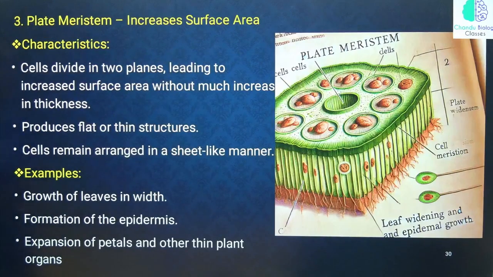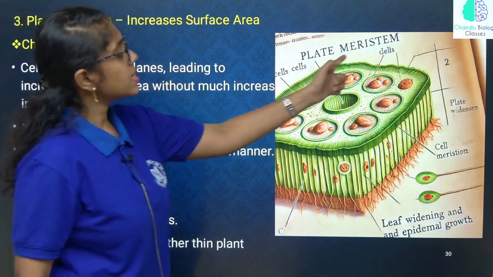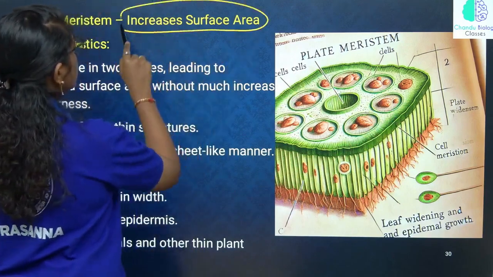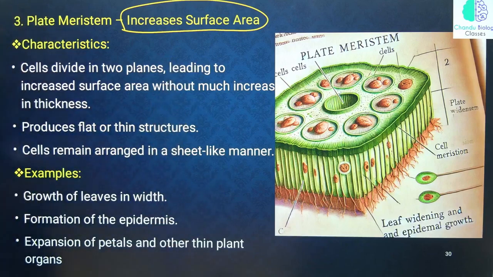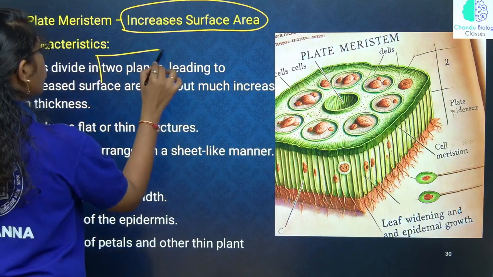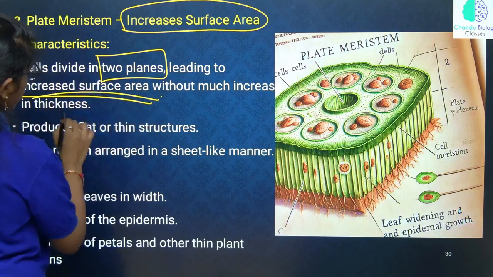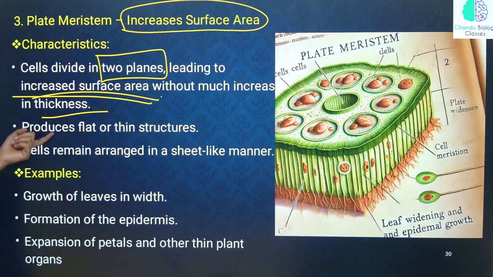Yes, the third type are plate meristems. This will increase the surface area of the plant organs. They divide in two planes. How many planes? Two planes. They increase the surface area and thickness. They produce